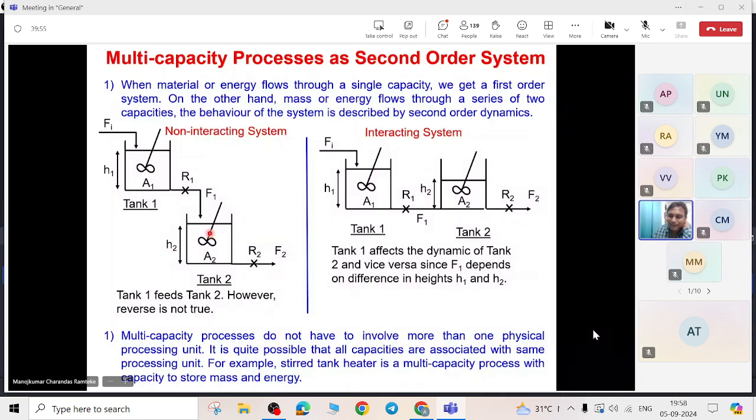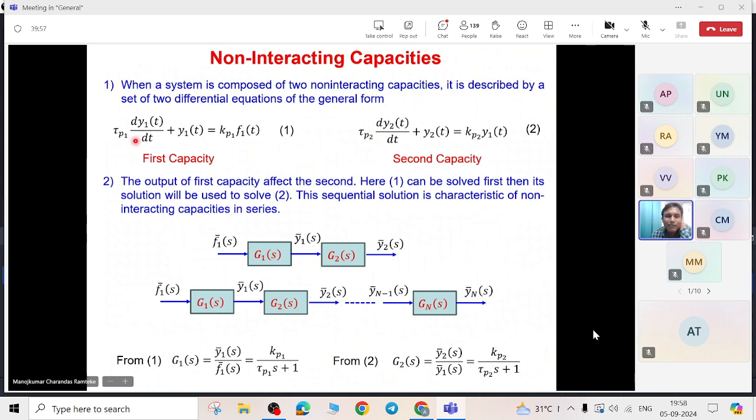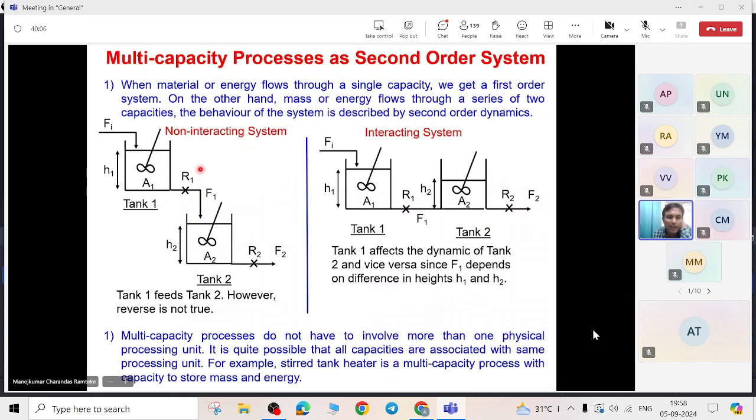Unlike this, here, Y1 is the output and the same Y1 is given as an input to the second system. Unlike this, in this particular case, H1 is the output, but H1 is not given as an input to the second tank. Instead of H1, we have given F1 as an input to the second tank. Of course, I can convert this H1 to F1 because F1 will be nothing but